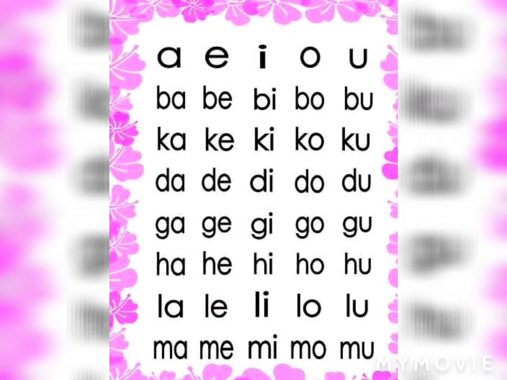Here is a chart where you can see the 5 vowels A, E, I, O and U. Now we will try to blend these vowels with the various consonants. But we will not sound out the individual sounds of these letters, rather we will combine these two sounds together so that we can be a more fluent reader. Let's start with the letter B here. B and A gives me ba. B and E gives me be. B and I gives me bi. B and O gives me bo. B and U gives me bu.